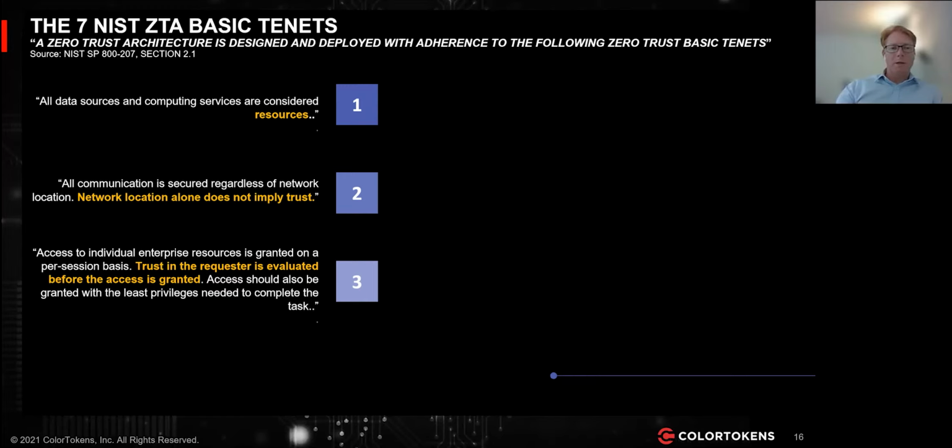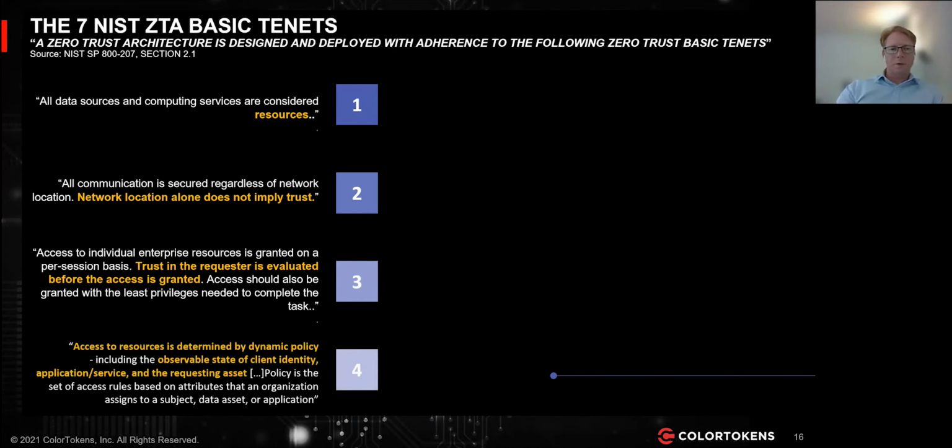And it also states very clearly, access should be granted on a per session basis. Okay, 4 to go. Access to these resources should be determined by dynamic policy. What does that mean? It means that there should be a policy that includes what we call the observable state, the state of the client identity, the application service, and the requesting asset, for example, the device that the subject is using for its request towards a resource. And this policy is a set of what we call access rules that again has attributes that